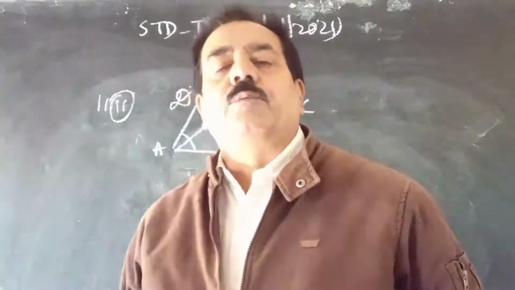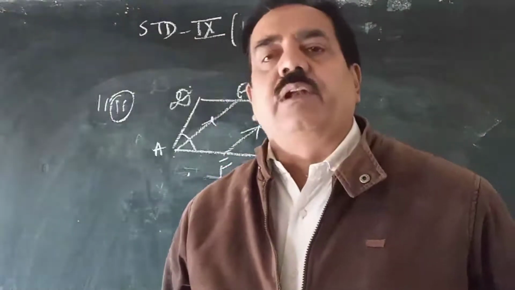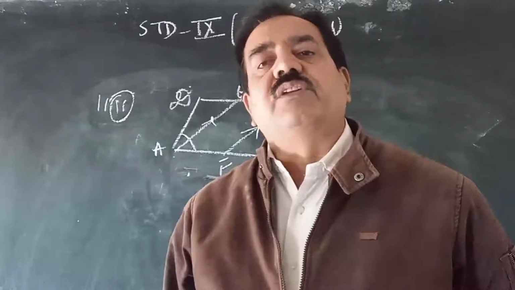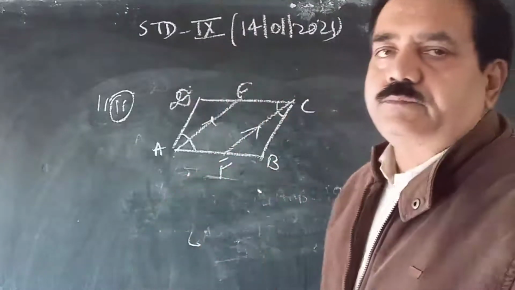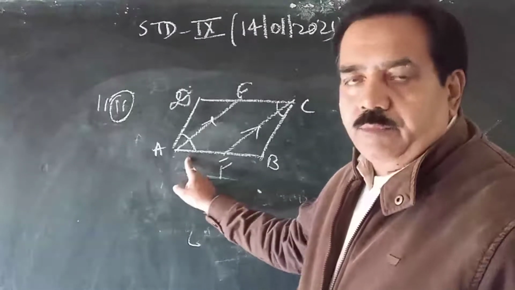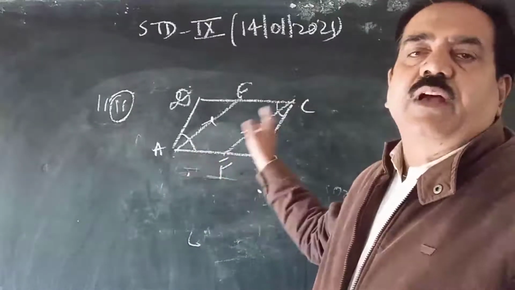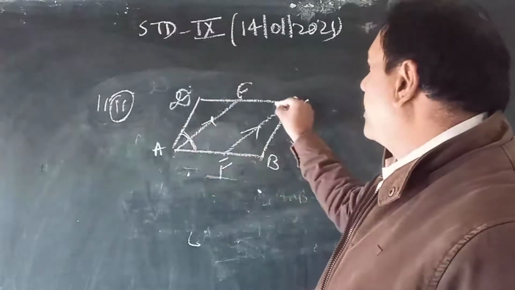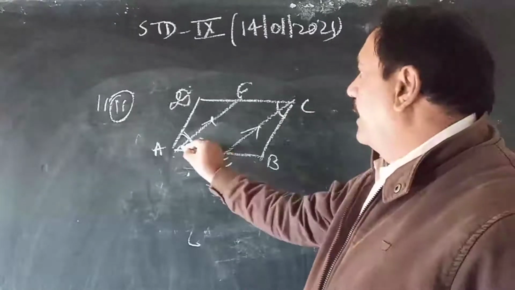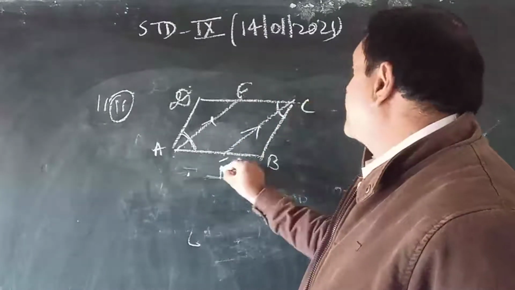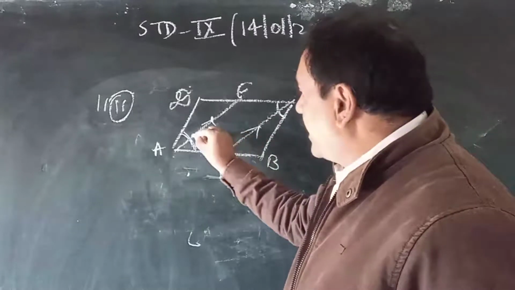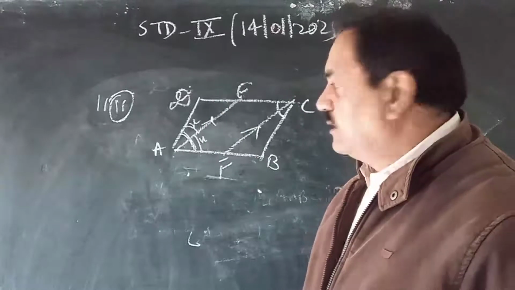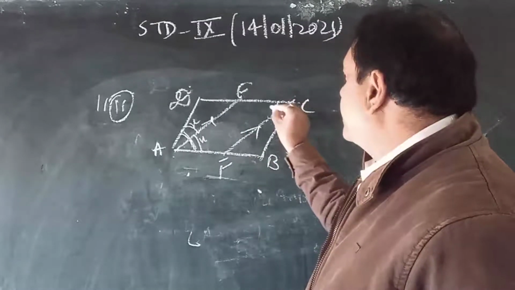So what are the conditions to prove lines are parallel? Either you show that the alternate angles are equal, or you show that corresponding angles are equal, or you show that co-interior angles sum to 180 degrees. Now come to the property of the parallelogram. Opposite angles of a parallelogram are equal, that you know. It means the magnitude of angle A is the same as angle C. And AE bisects angle A, CF bisects angle C. So if this is X, this will also be X. Similarly, this will also be X, this will also be X.